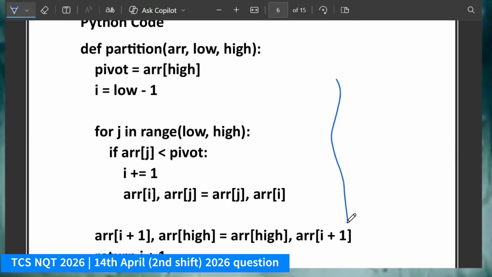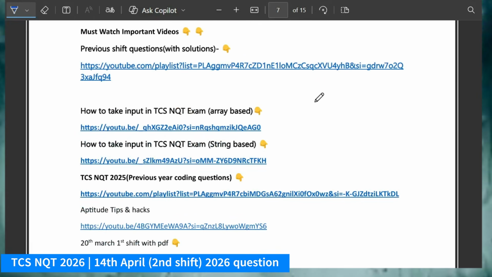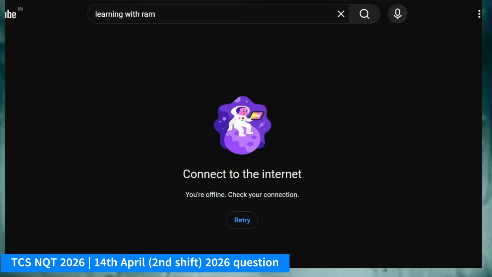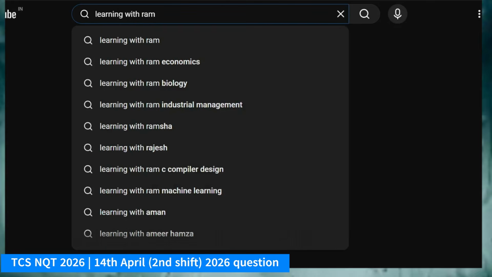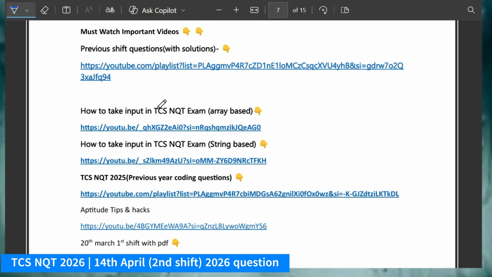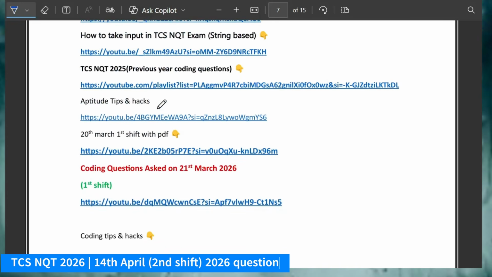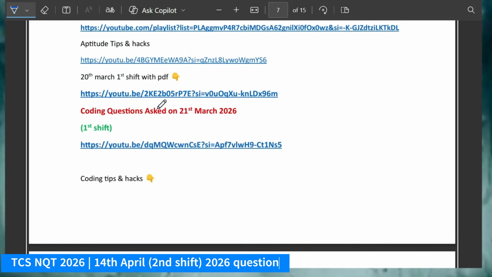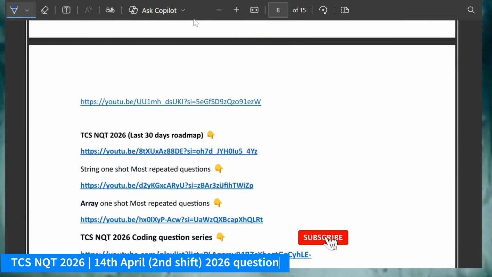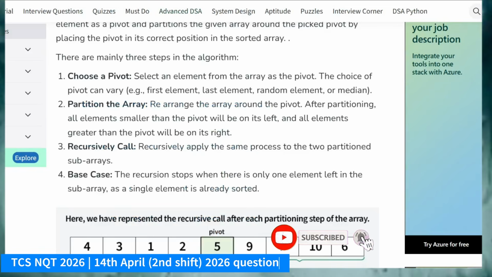Okay, so I will say it's better to search on YouTube about the material, that is the QuickSort. You will get the detailed explanation. There are lots of videos there, like Striver, which is the best playlist, or Love Babbar in Hindi, and others you can go through. Otherwise GFG tutorials are there too.